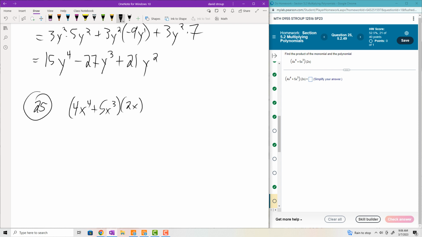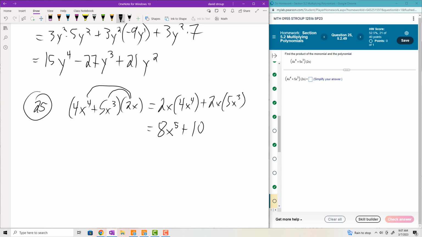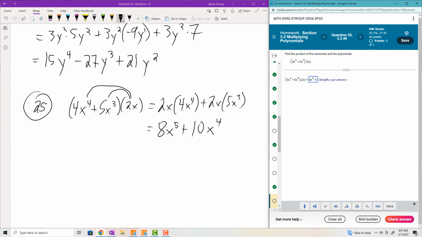Times 2x, so you're just distributing again. It's not anything different. So it'd be 2x times 4x to the 4th plus 2x times 5x cubed. So 2 times 4 is 8, and then x to the 1st times x to the 4th is x to the 5th. Just add the exponents. Plus 2 times 5 is 10. X to the 1st times x to the 3rd is x to the 4th. It's no big deal. And the 5th plus 10x to the